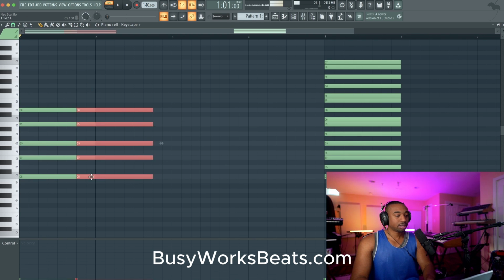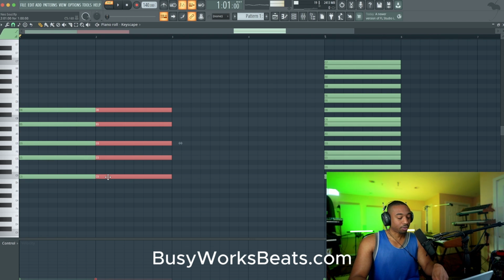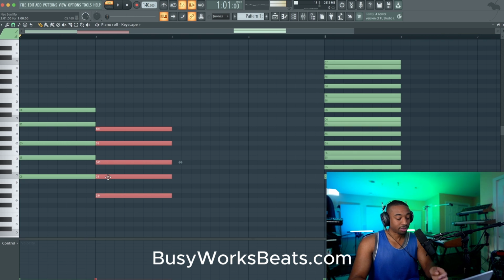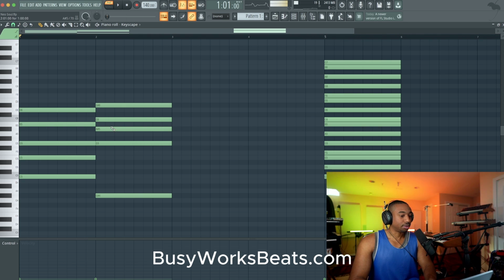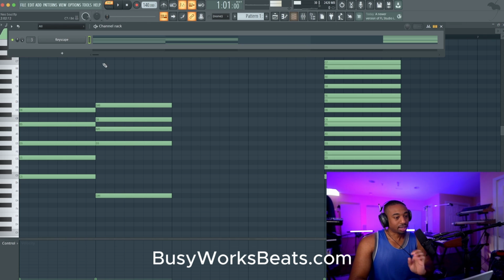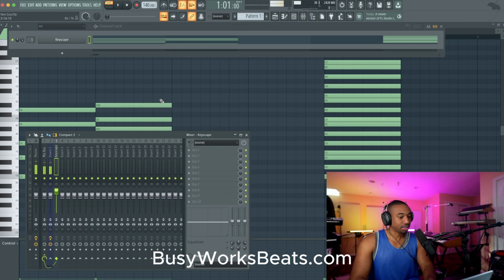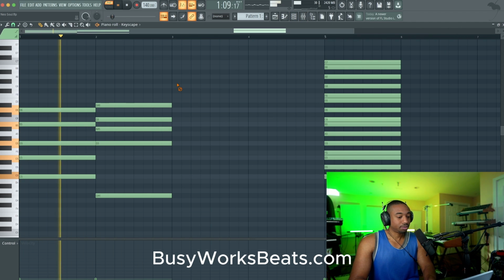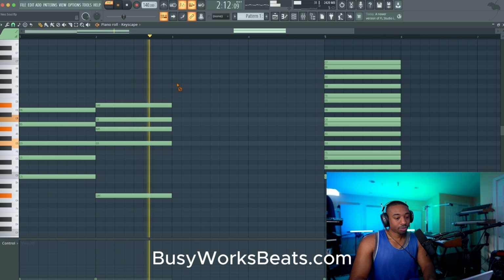For this technique, let's just take the same chord type and pull it down 4 steps. 1, 2, 3, 4. 4 half steps, I should say. And for this chord, we're going to actually take the 3rd and the 5th and pull it up an octave. The reason this is going to sound cool is because we have this half step. And it creates that jump in energy. It gives you that Tyler, the Creator type vibe.